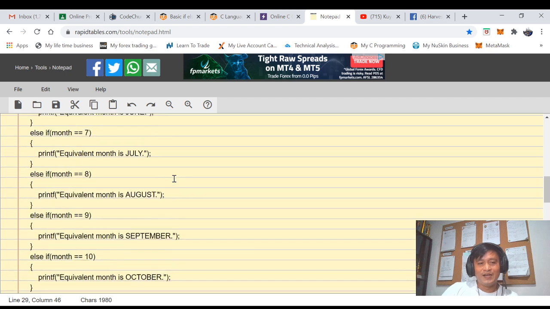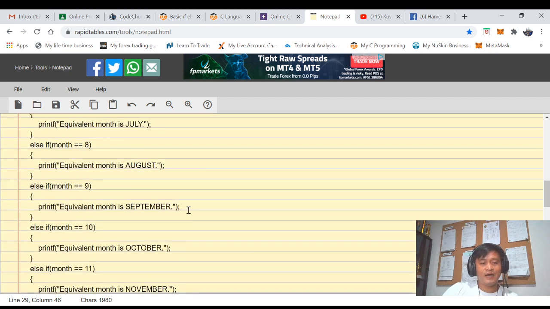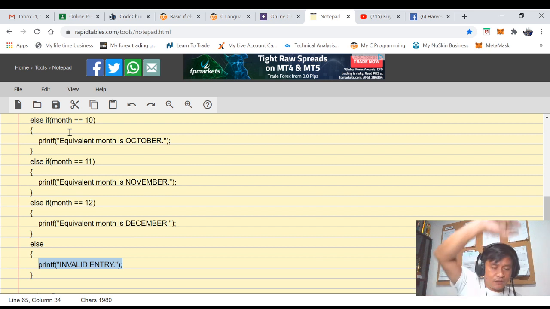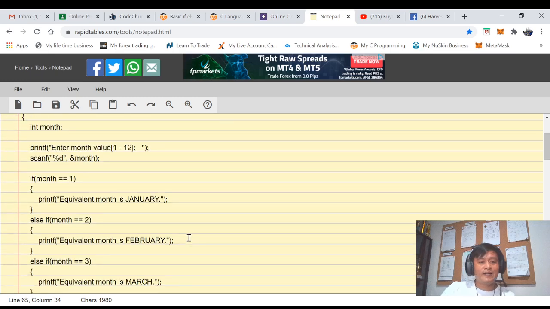That's it. Now if your month is not within 1 to 12, it will display what? Invalid entry. Meaning, if all the conditions at the upper ladder are all false, the else has nowhere to go but to display invalid entry. Okay, so we'll try